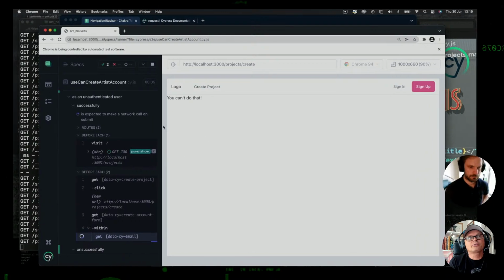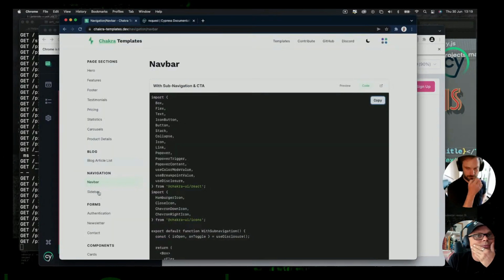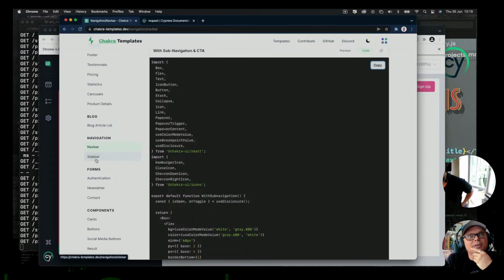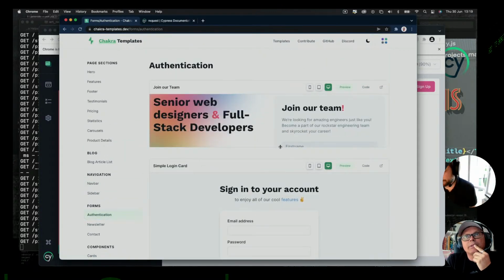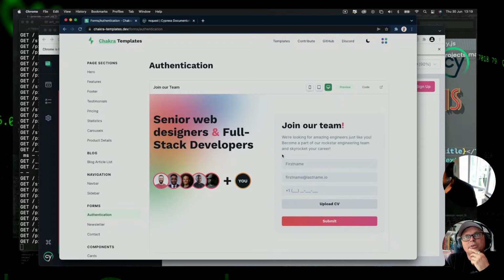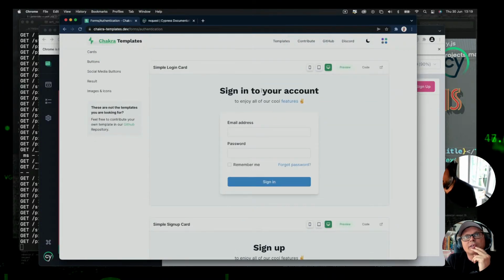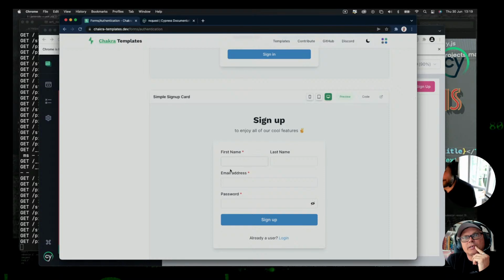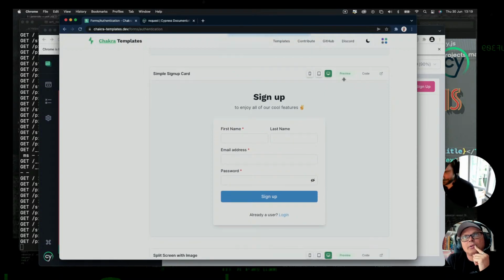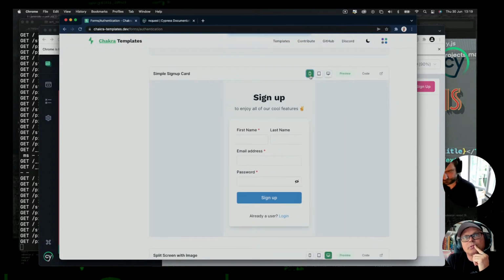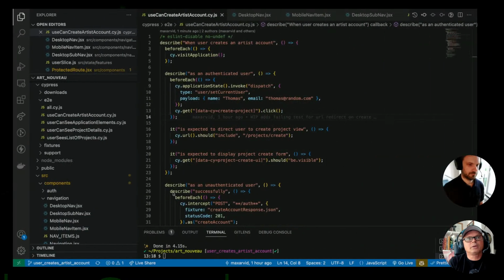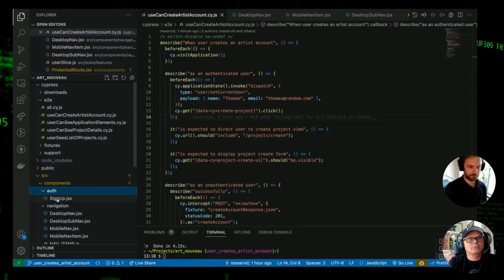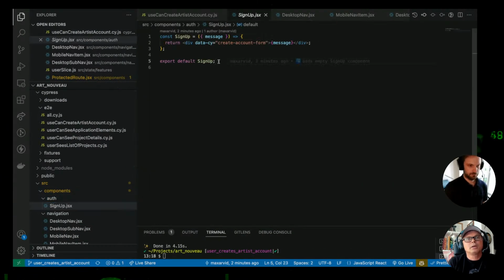Here's the thing: in forms, in Chakra templates, we have authentication. Let's find something we like. We have "Big time, join our team," we have "Sign in to your account," "Sign up." We're going to steal this one. So we go to auth and we go to sign up, and we're just going to